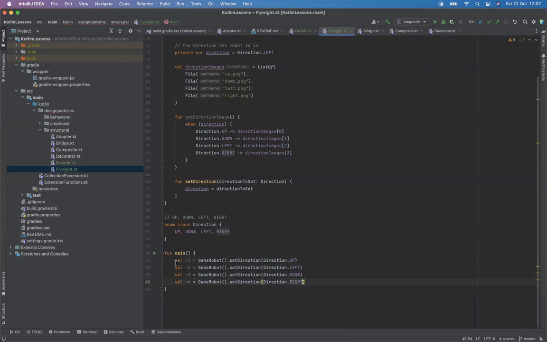So I've created all these objects with their default direction set as well. But every time they are set and defined, I can now call get direction as well, right? No, sorry. On the R1, I can call. So R1 dot